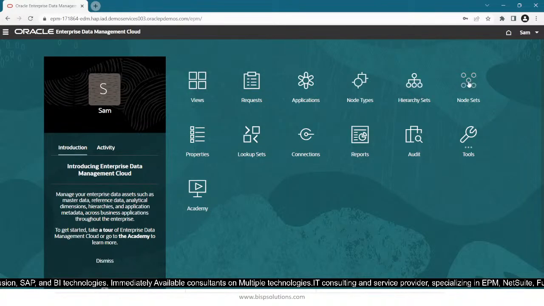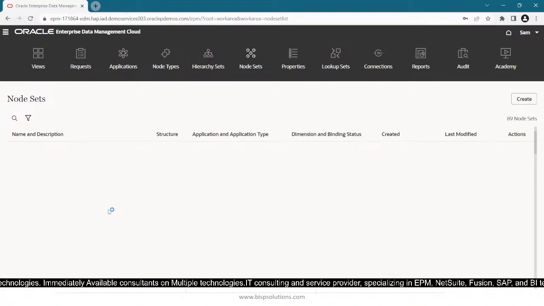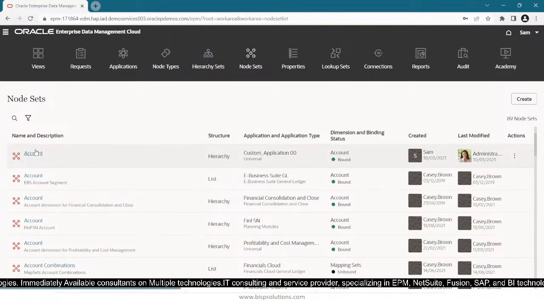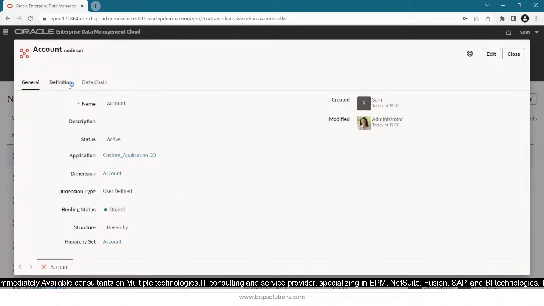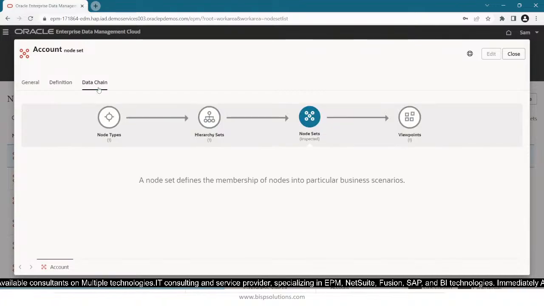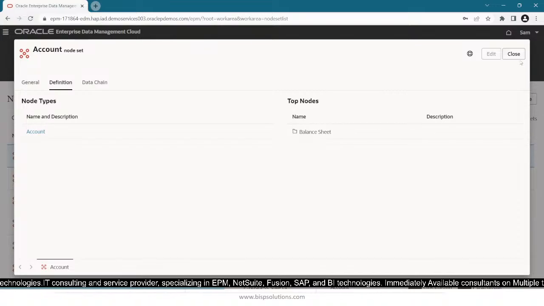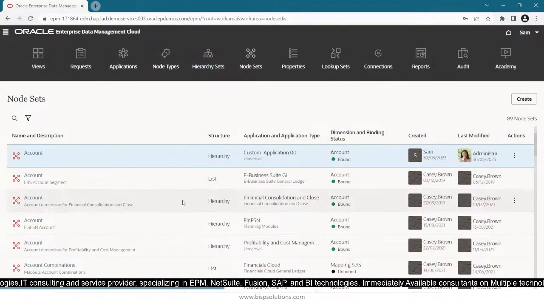Go to node sets, go to definition. Oh, I guess, yeah, we have to define the permissions for that. So yeah, that is why we cannot do it,